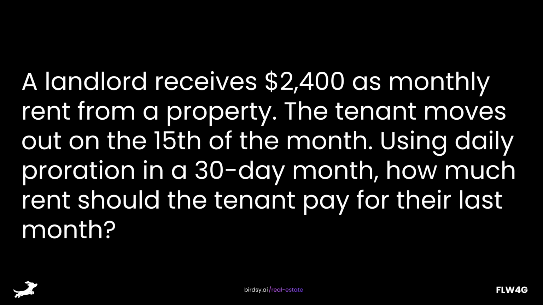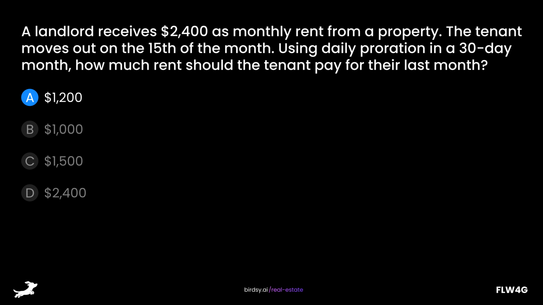A landlord receives $2,400 as monthly rent from a property. The tenant moves out on the 15th of the month. Using daily proration in a 30-day month, how much rent should the tenant pay for their last month? Is it A, $1,200, B, $1,000, C, $1,500, or D, $2,400? The answer is A,